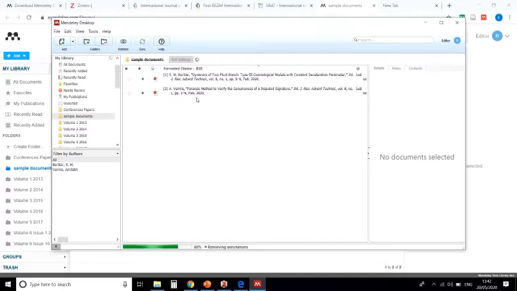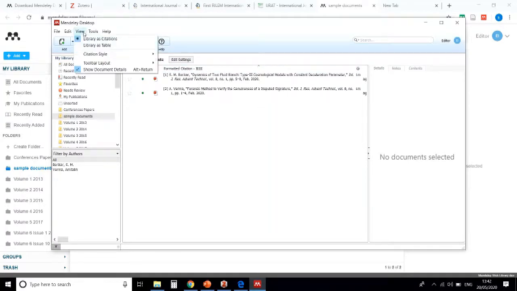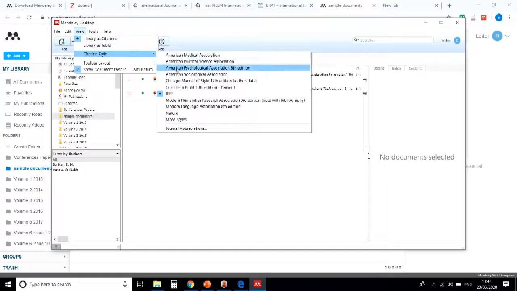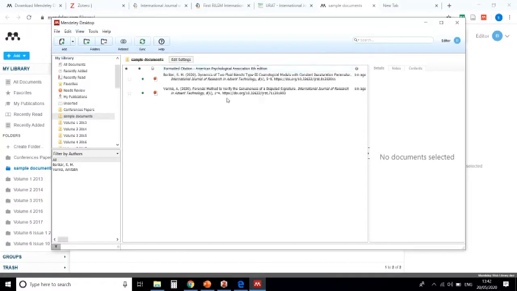See, both documents are added in the Mendeley library of my sample document folder. Now, as per your requirement, you can change the citation style. Here, the formatted citation style is IEEE. Now I want to use APA. Then click on View, Citation Style, APA. So the citation style is changed.